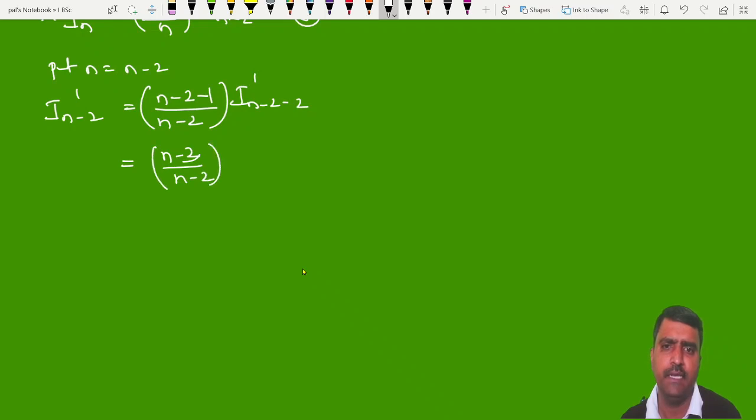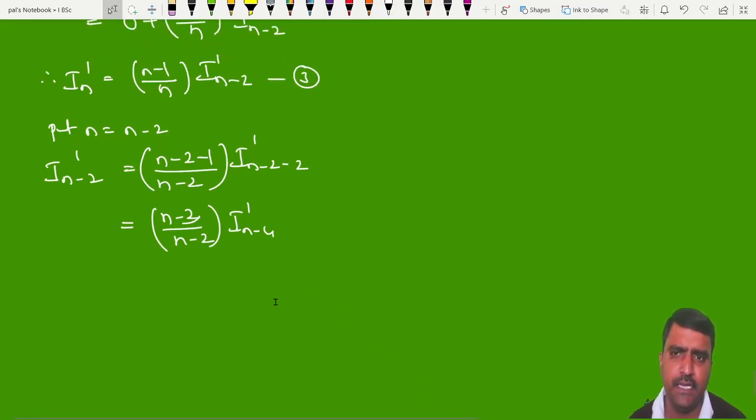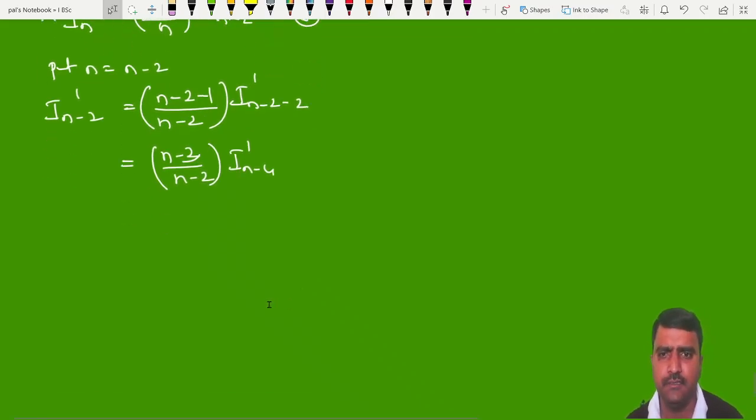n minus 3 by n minus 2 into I n minus 4 dash. Again you find I n minus 4 dash and substitute there. Before that, you use this value in the above expression by back substitution in I n. Now substituting this in 3,